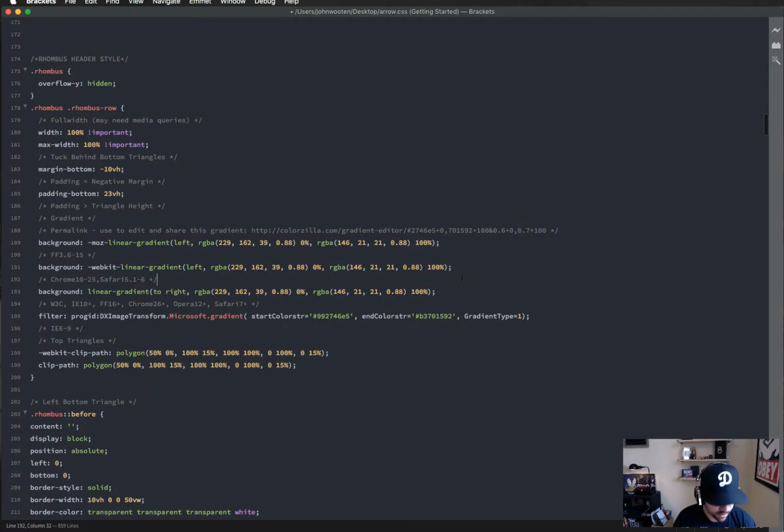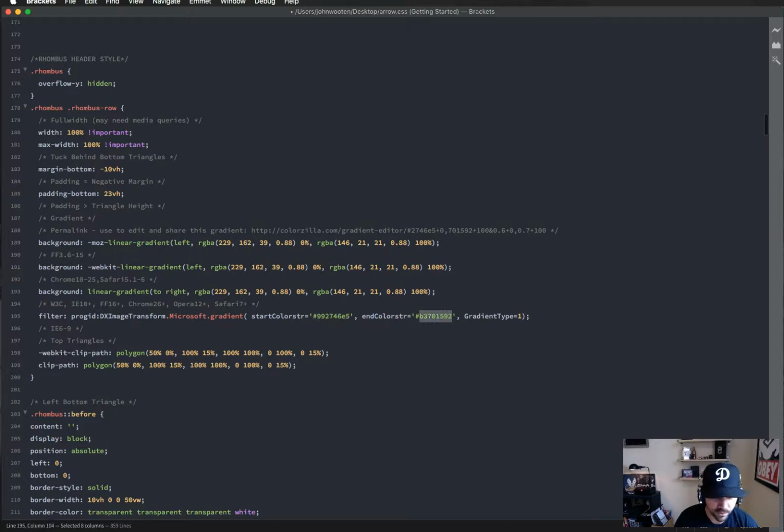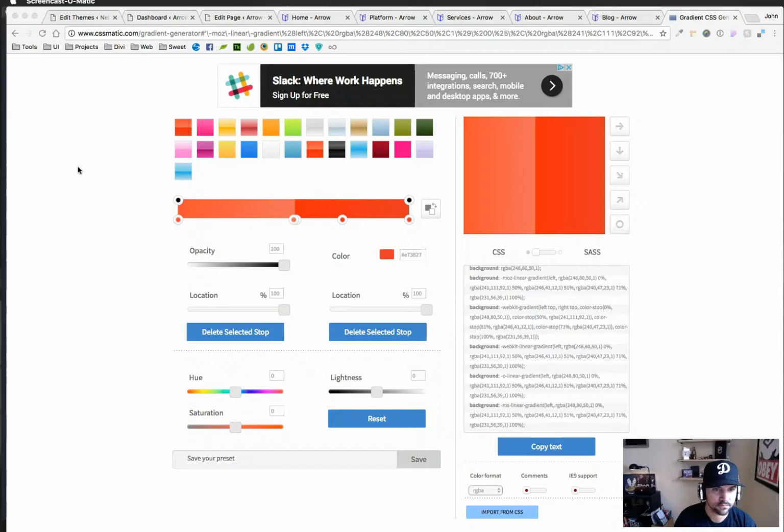I'm going to go ahead and undo that though. And again, I would get rid of this line here, or maybe figure out from the gradient tool online how that works. I'm going to go try that real quick. I'm going to pause the video. Alright, so after a little bit of Googling, I came across this